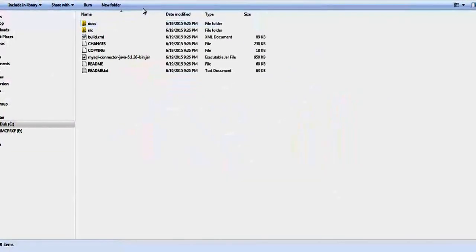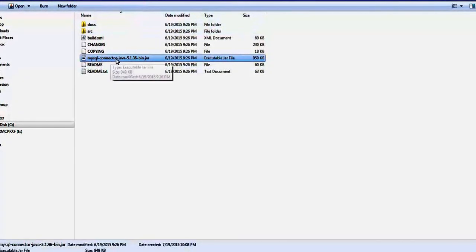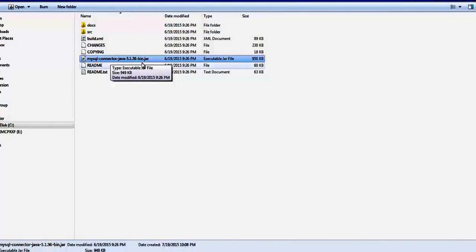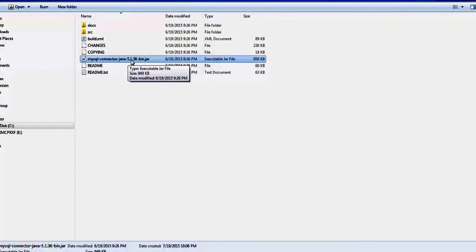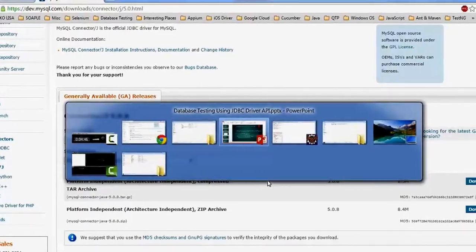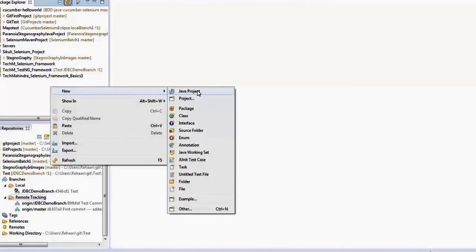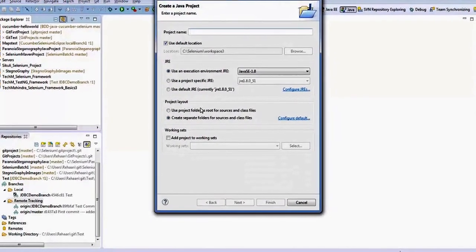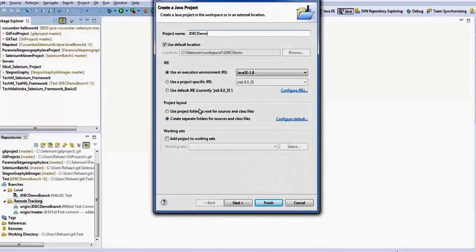You navigate inside this folder, and you will be able to see a jar file with this name. The version that I currently have at the time of recording this video is 5.1.36. What you need to do now is create a new package, and I will call it JDBC demo.